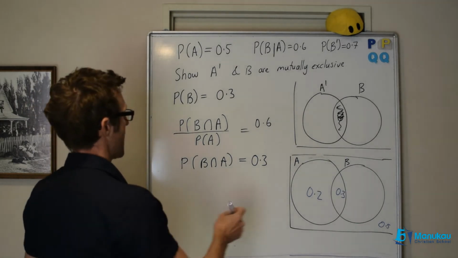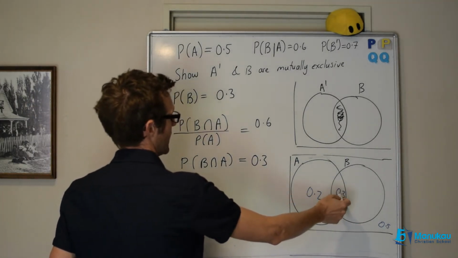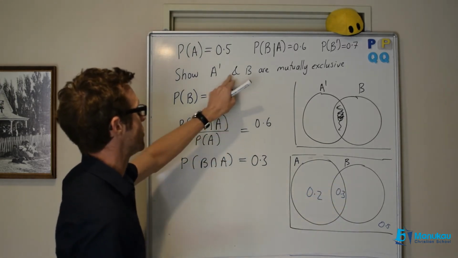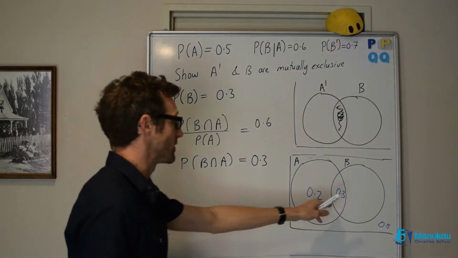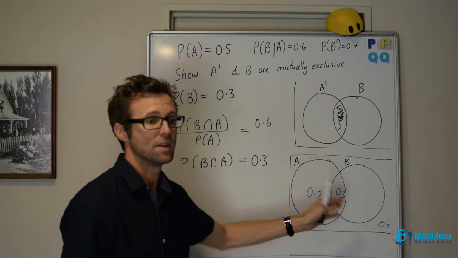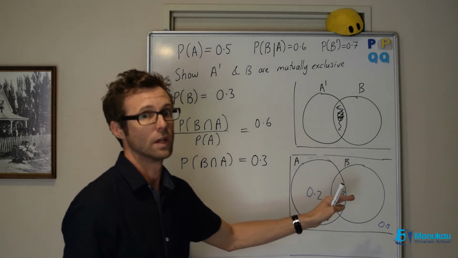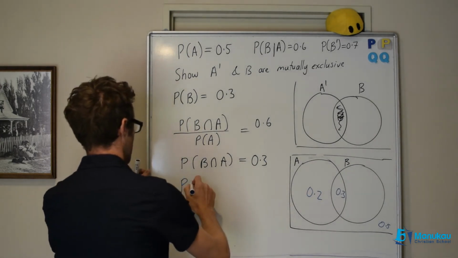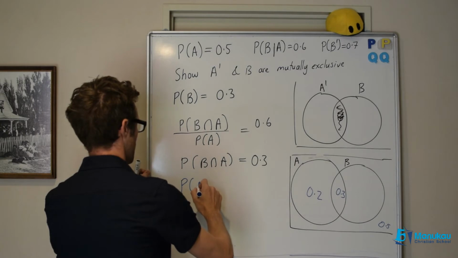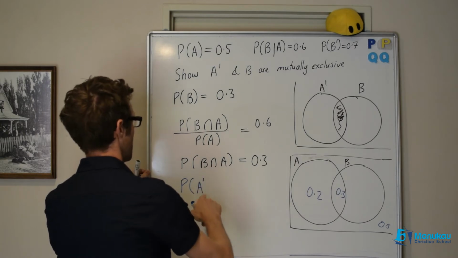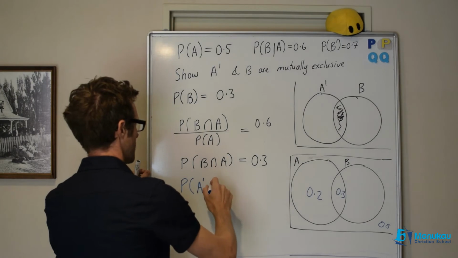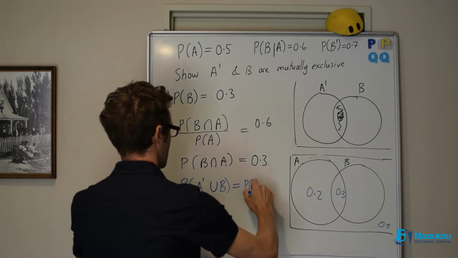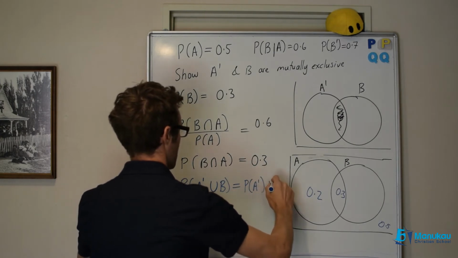Given that everything that is in B is also in A, that must mean that B and not A are mutually exclusive, since everything that's B is also A, nothing that is B is also not A. Formally, we need to write that in this way. If they're mutually exclusive, we know that the probability of A complement union B should just be simply the probability of complement of A plus the probability of B,